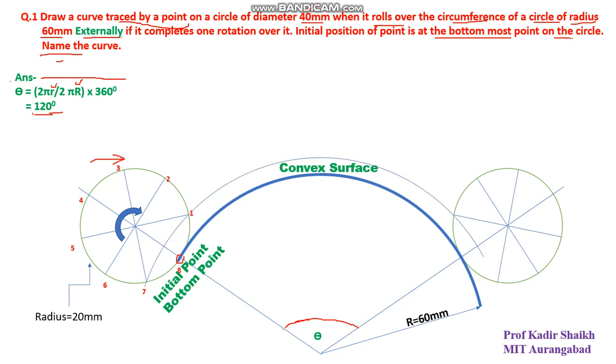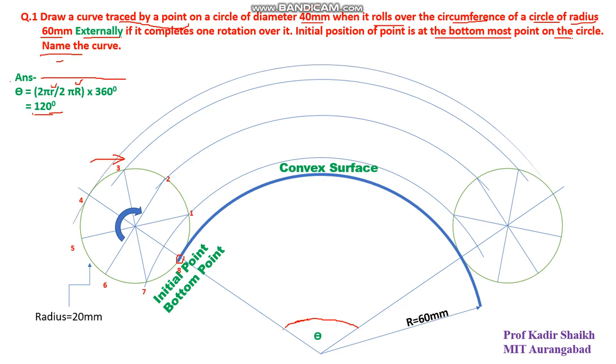Now as we have drawn the straight projector in the cycloid, here you have to draw the curved projector through each division like this, 3 and 5, 4 to 4, like that, and the center as well, O to O. Now after that, divide this 120 degree angle into 8 equal parts. So each part will be of 15 degrees. If I divide this 120 into 8 parts, each part will be 15 degrees.